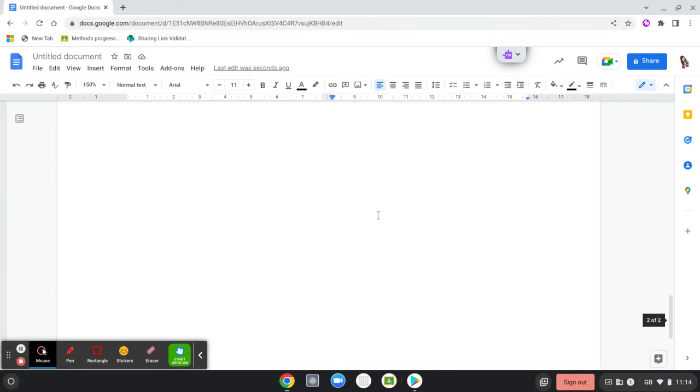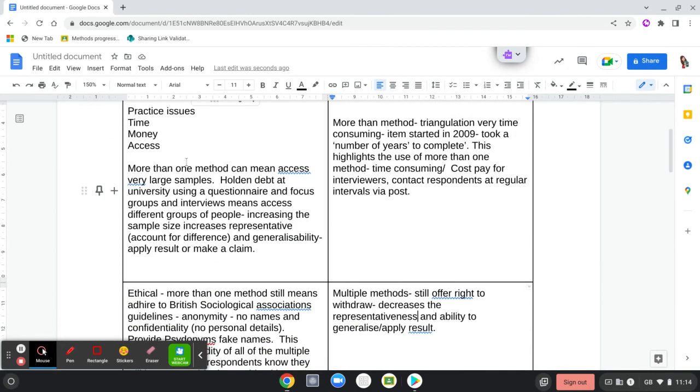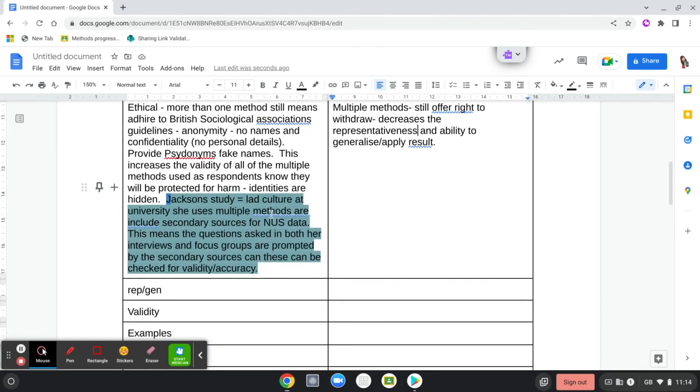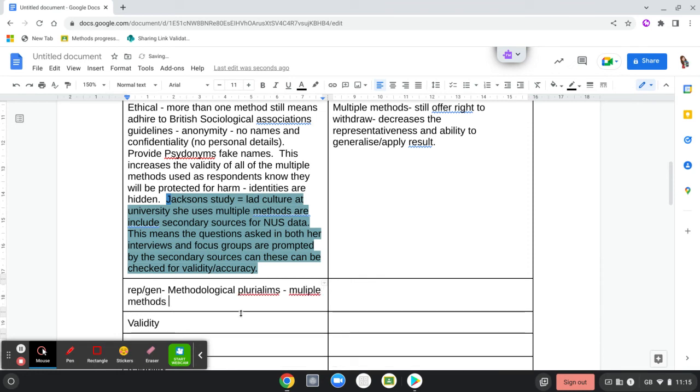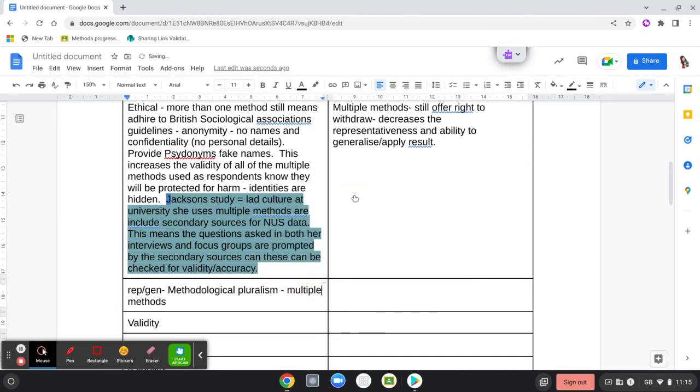So I've got a paragraph on theory, a paragraph on access, paragraph 3, that big ethical one. Rep and gen, a little bit repetitive here, but for rep and gen, we're going to argue that with methodological pluralism, or again, multiple methods,